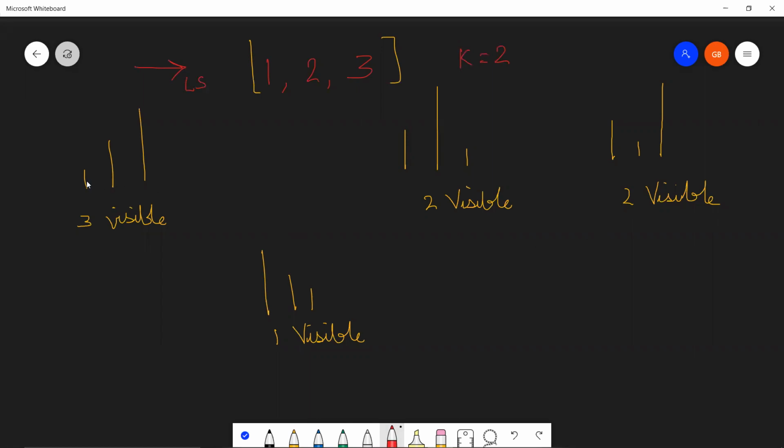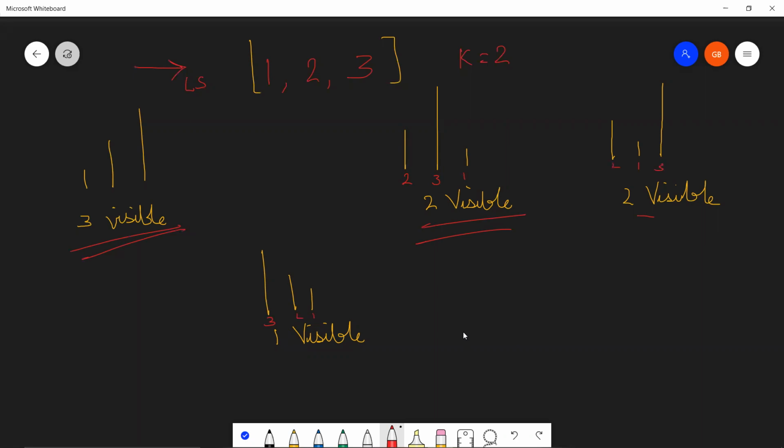I hope you will understand the sizes that I've drawn over here. This is a stick of size 1, this is a stick of size 2, and this is a stick of size 3. And if you view from the left hand side, all these three sticks will be visible, right? So 3 visible over here. Similarly, if I have a stick of size 2 over here, 3 and 1 over this side, only 2 are visible. You can see 2, you can see 3, but from the left hand side, you won't be able to see the last stick. Here, you won't be able to see the stick in the middle, right? And here, you will only be able to see the stick which is of size 3, the first stick, because this will cover both these sticks.